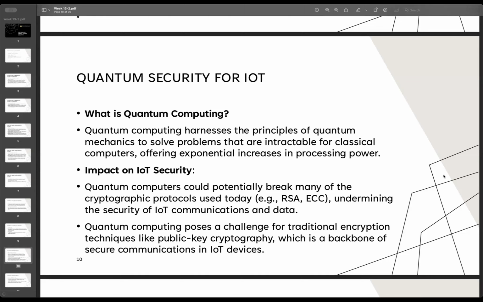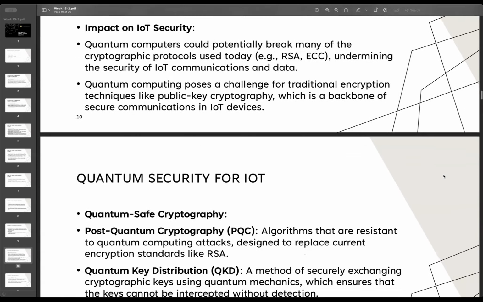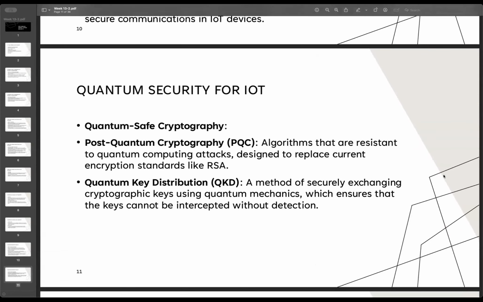Even if we introduce the public key, private key, remember, the asymmetric RSA, and if the quantum computer is able to break it, is there any new way? We have to quickly introduce a new encryption mechanism. Or maybe we can use the quantum computer to increase the difficulty of the encryption, and we can use what is called quantum safe cryptography.